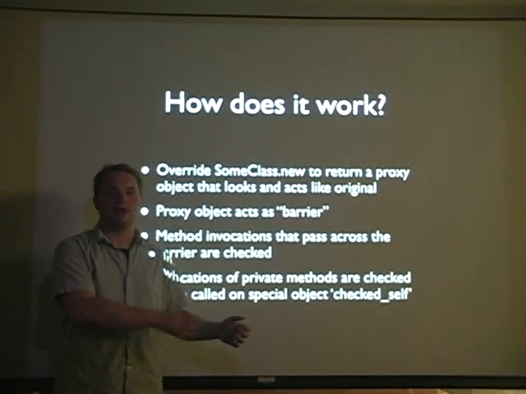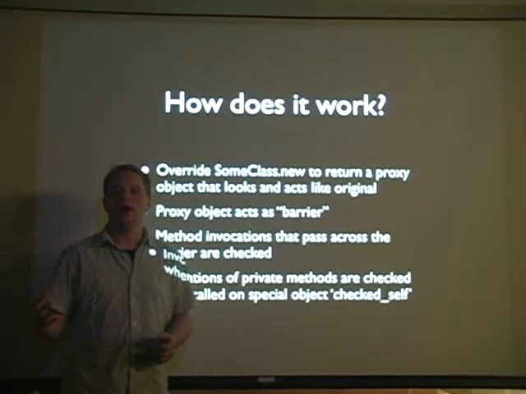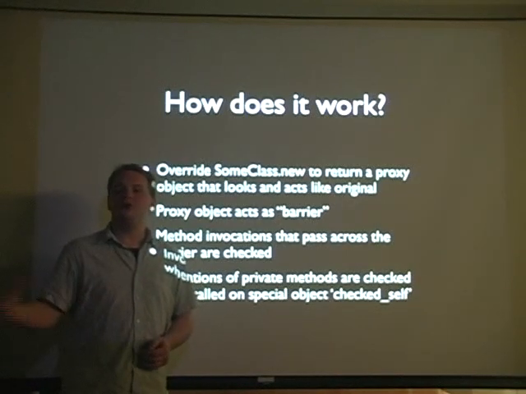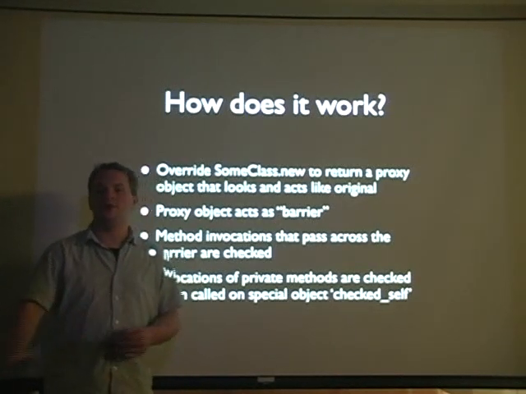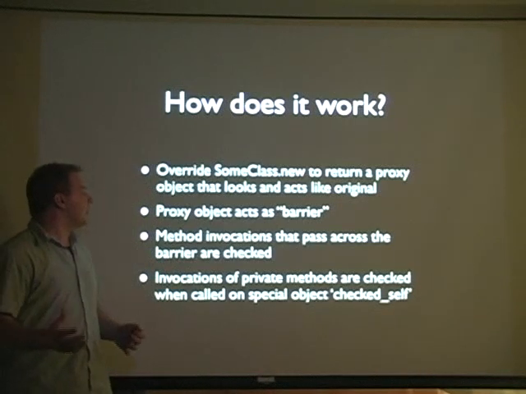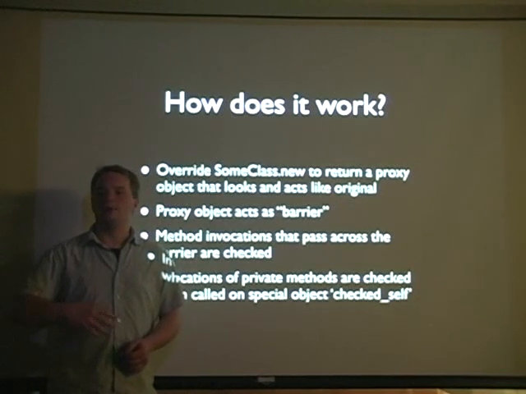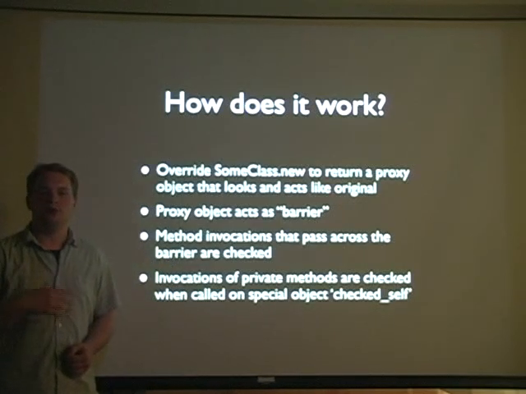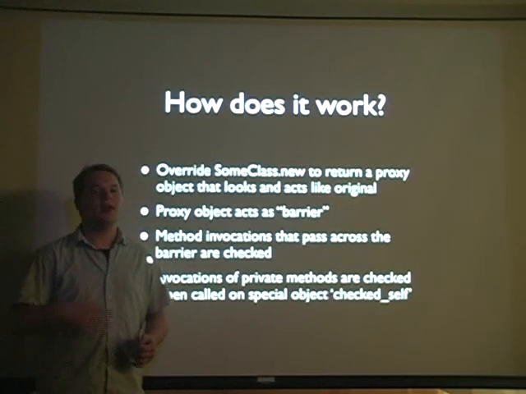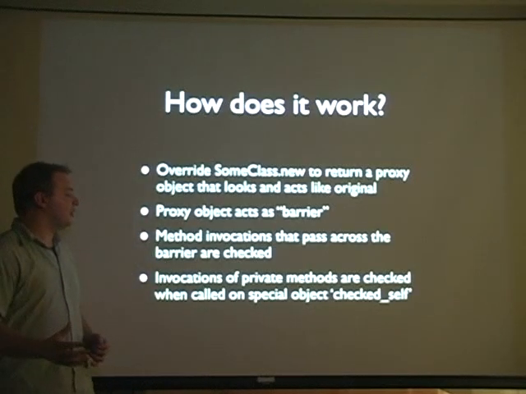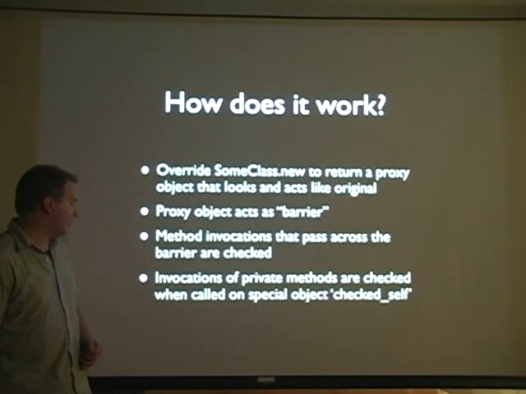So if you have an external object that calls some method on the original object, the proxy will check all the arguments that pass across it, all the invariants. So that's the mechanism. And the proxy object is designed to look and act exactly like the original object. It makes sure that when you use toString, it uses the underlying toString. It makes sure that the object ID returns the same value. So the idea is that it should look identical except for the fact that contracts that pass across it are checked.